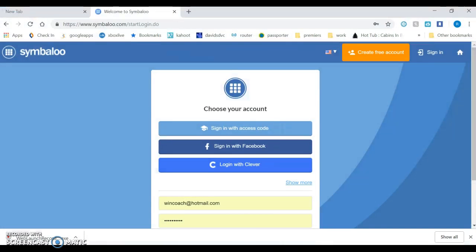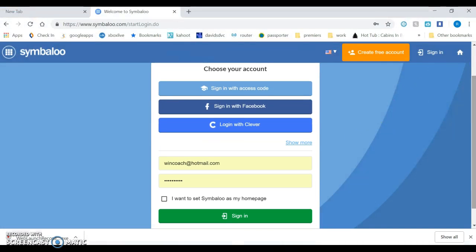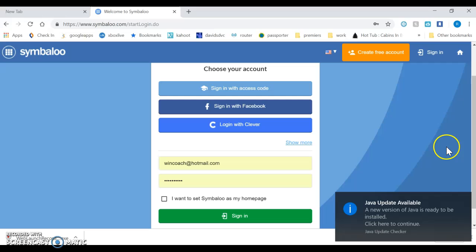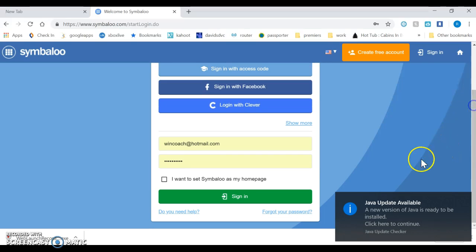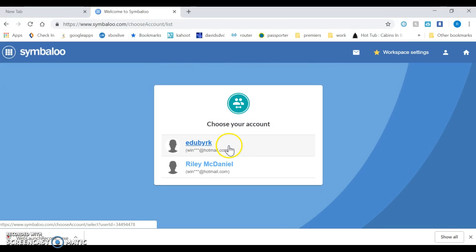Okay, what we want to do is get you control of any of the pages that you want to control or collaborate with, so there's no more frustration. We don't want that to happen. So what you'll need to do is log into my account one last time, just so you can pick the pages that you want to collaborate on. So we're going to sign in on mine and choose the